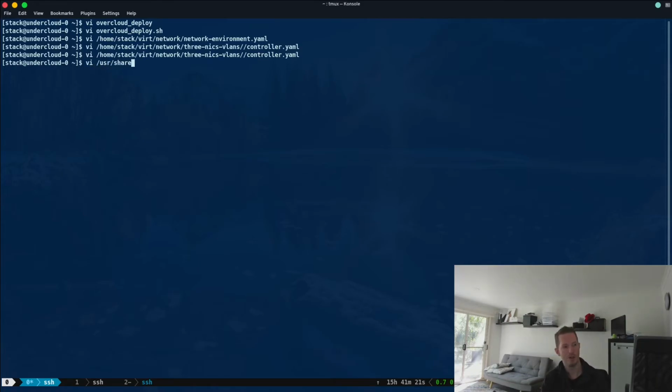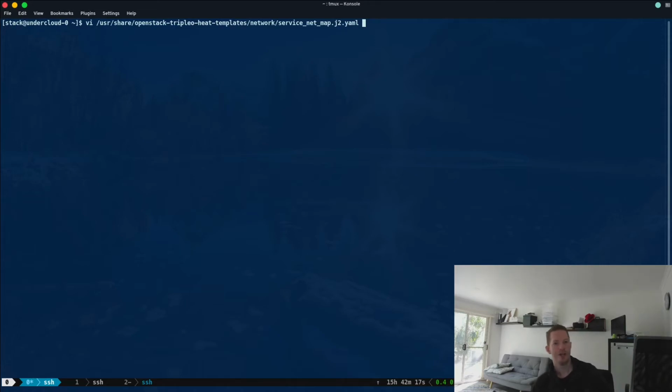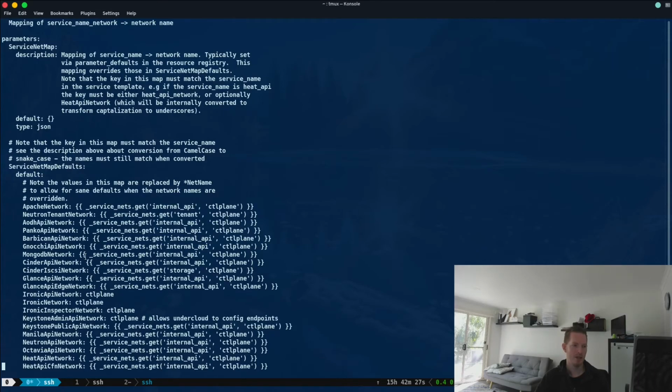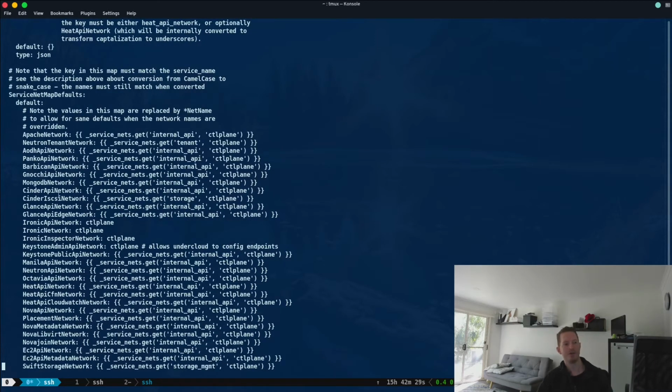So if we go to user share, OpenStack AAA heat templates, network service netmap.j2.yaml, we can see down here we have this service netmap defaults. And in this, we can see all the different services that we would expect in our OpenStack environment, like for example, our Keystone. So Keystone, you can see here, Keystone API network, Keystone public API network, and we can see what they map